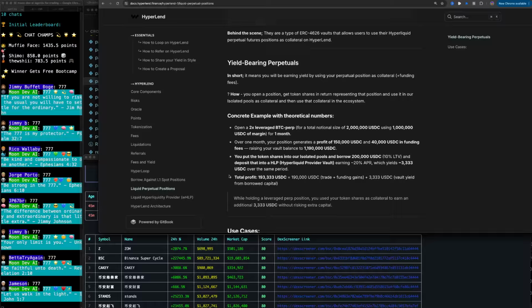You put the token shares into our isolated pools and borrow 200,000, 10% LTV, and deposit that into an HLP, earning 20% APR, which yields 3,300 over the same period. Total profit is 193,000: 190,000 USDC trade plus funding gains plus 3,300 from borrowed capital. So while holding a leveraged perp position, you use your token as collateral to earn an additional $3,333 without